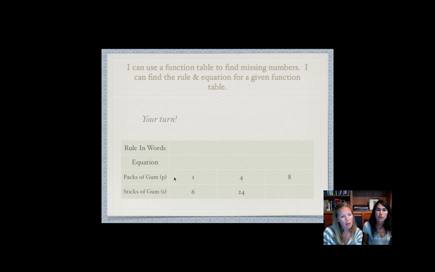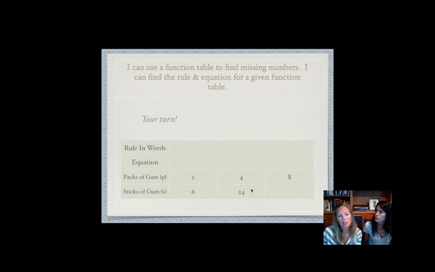So in this case, we're comparing packs of gum to sticks of gum. If I have 1 pack of gum, then there are 6 sticks in it. So 6 sticks for every pack. If I have 4 packs of gum, I have 24 sticks of gum. So your job is to fill in this empty place,